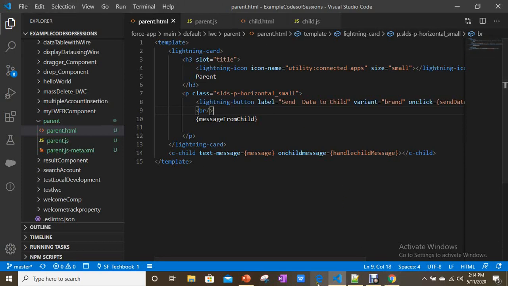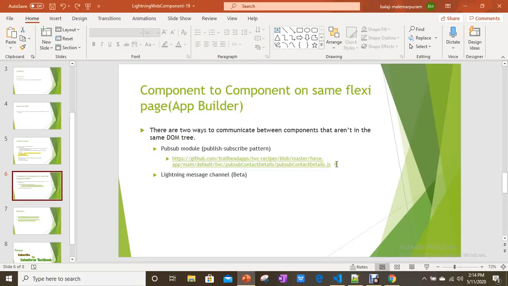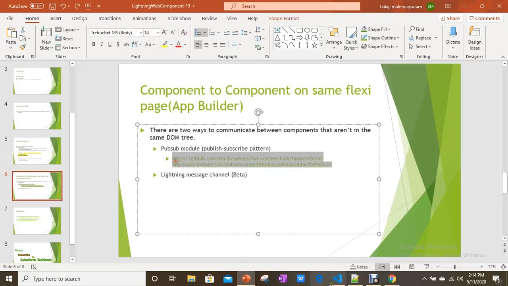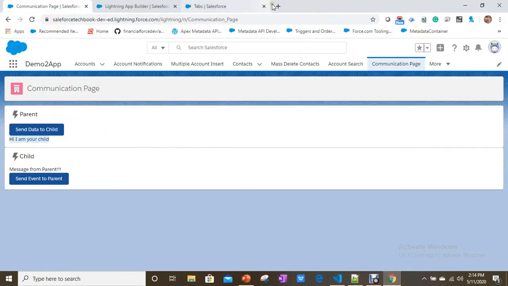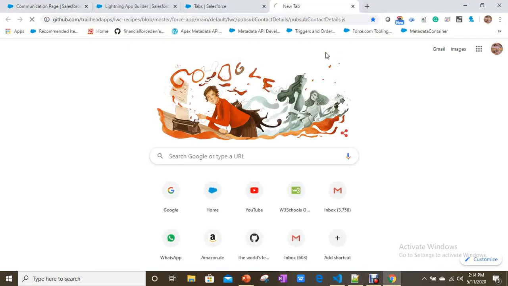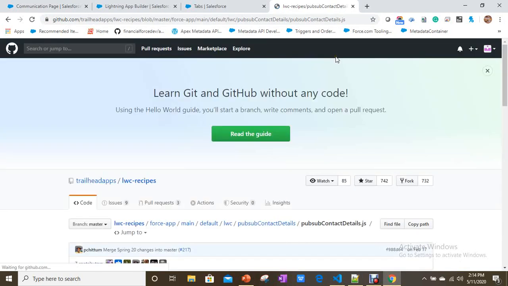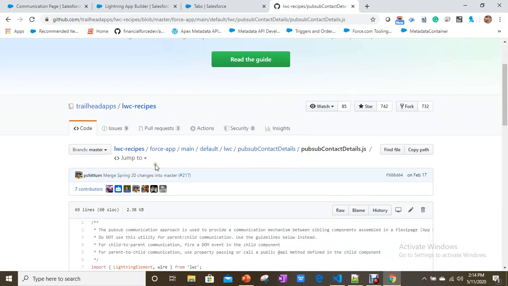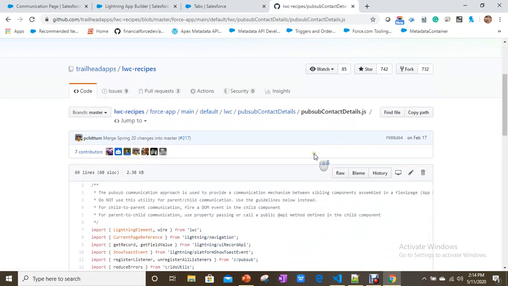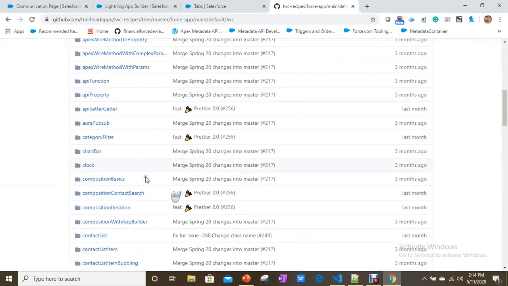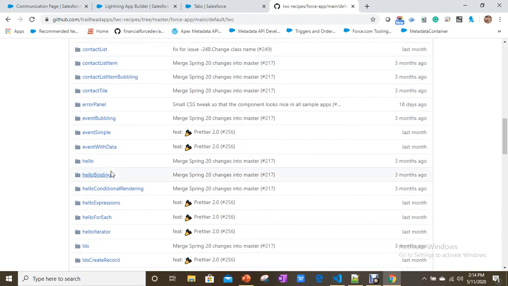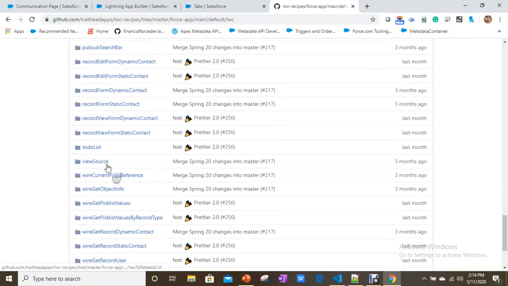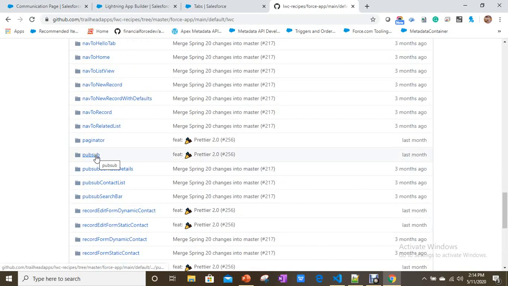So where you can get that utility, the pub/sub module utility, you just need to go to this. So let's open this. This is LWC recipes. It is available from Salesforce anyway, and this is pub/sub. Go to this, and here you have to take this component pub/sub.